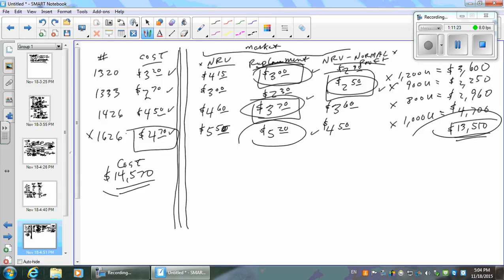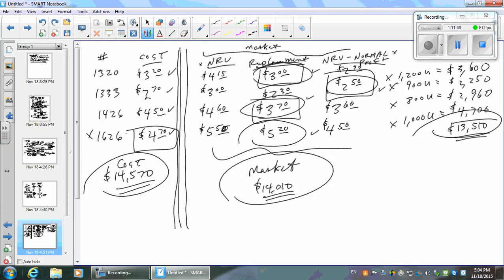Did it on the total inventory now, right? You could do it that way if you want, right? Or you could do each individual item. What's market? How much? So 14,010. And then what happens if you